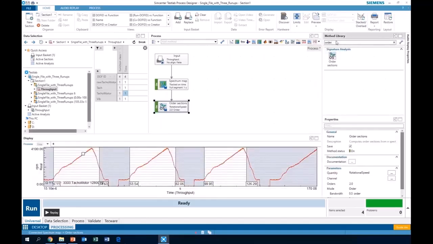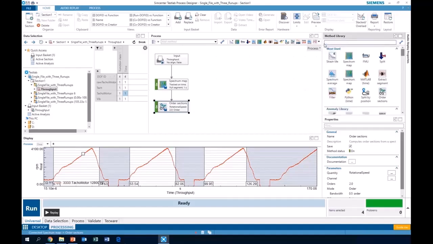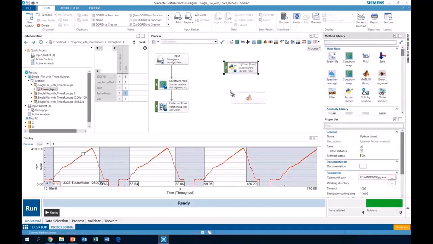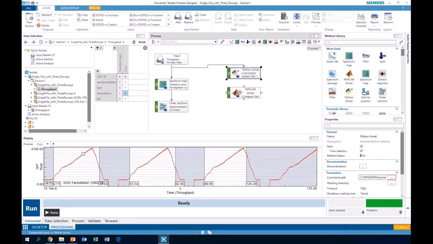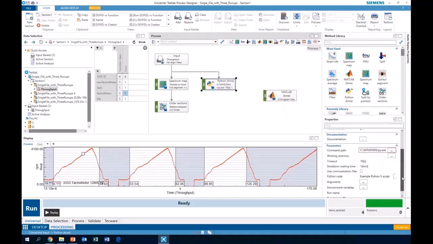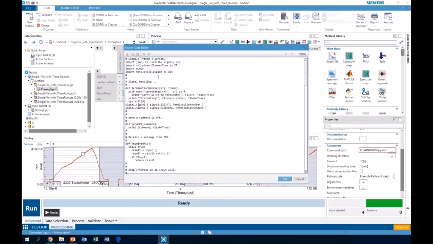I was going to point out that we also recognize that there might be some things that we don't have today that maybe you want to write a routine for. So we support two different things in that regard. We have widgets that support doing some kind of Python processing. So that's a free programming language. And if I click on this Python and look at the methods here, you actually pick the Python code out.